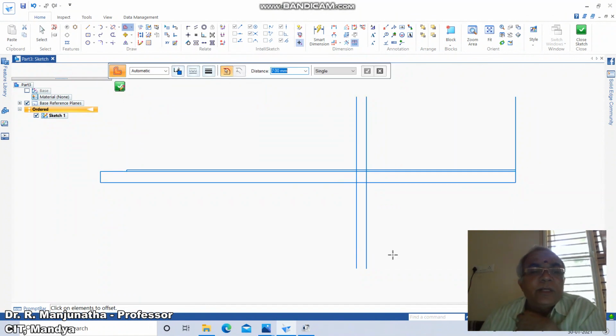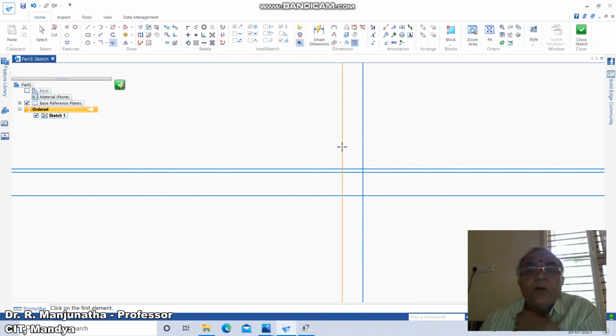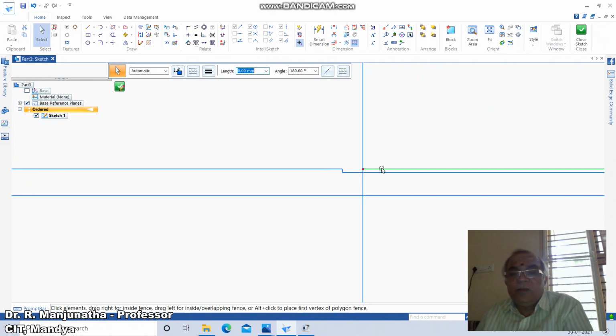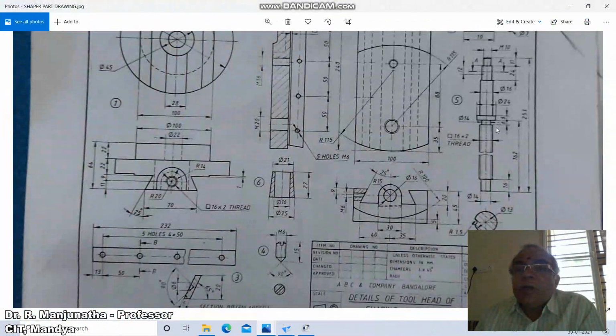Go to Zoom Window, and come down to Trim Corner between these two. Similarly, trim between this and this, then select and delete this.